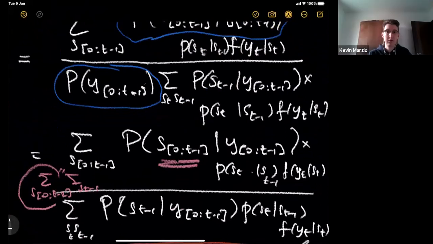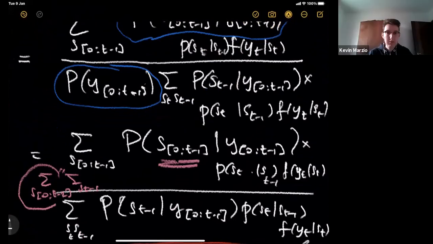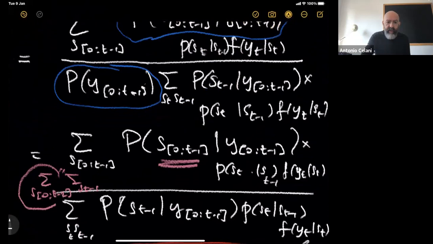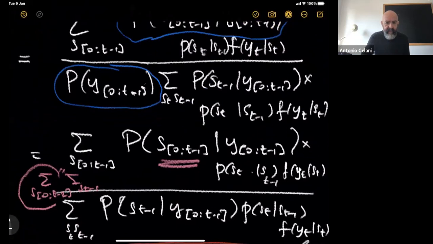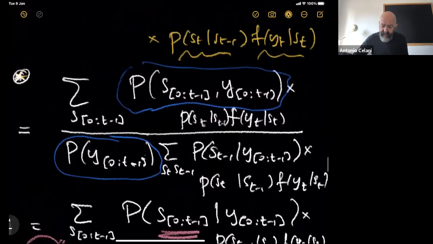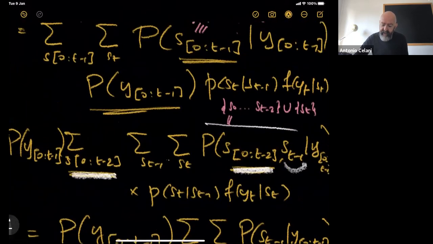Yes. Okay. So what I did here is I repeated the same kind of things that I did earlier. This sum here, I split it into the sum until time t-2 and the sum over t-1, which is this. Is this first part okay? And the second part is this history. Again, I'm doing the same thing that I did above again in pink,